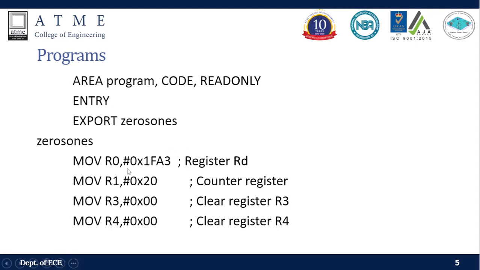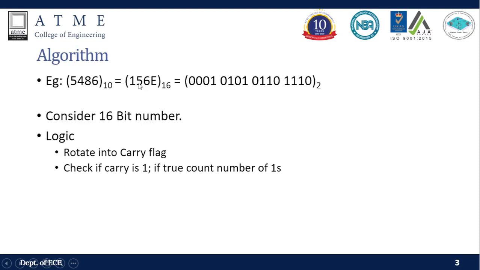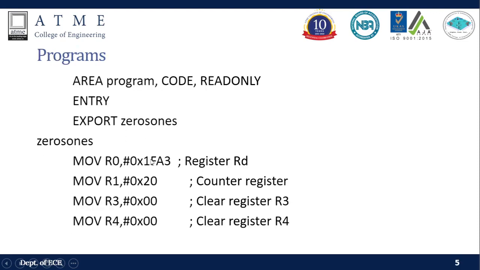The first register we are going to use is R0, and R0 is the register where we are storing the data value that we want to check in the program. In this case, I took an example of 156E. You can put 156E here, or you can put a number of your choice. Right now I have loaded the number 1FA3. So why don't you check the number of ones and zeros in this number by writing it on your own. Okay, moving forward,